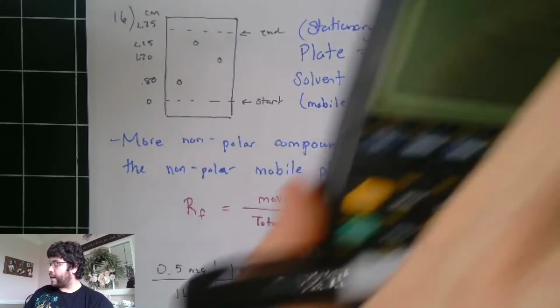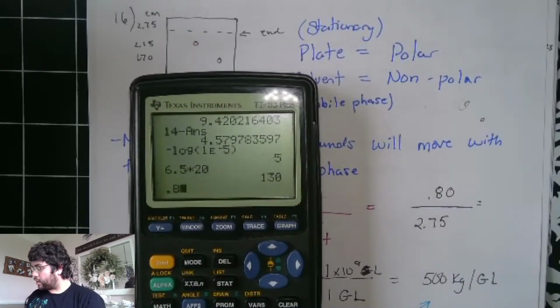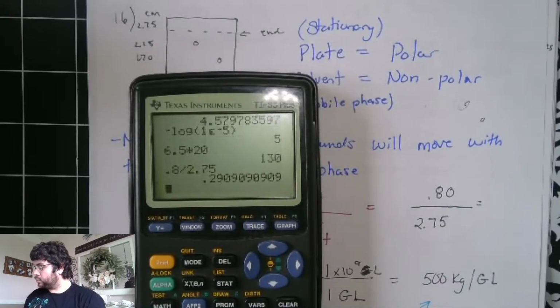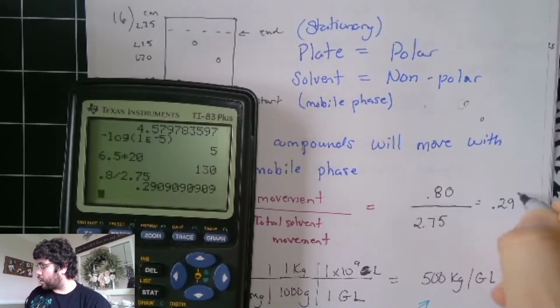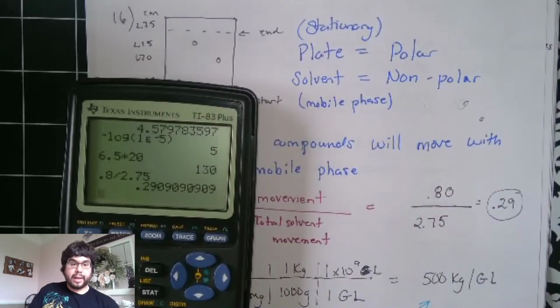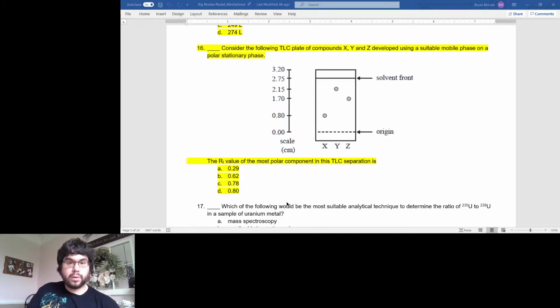And so the RF factor is going to be, we can put this in a calculator, 0.29. So the RF factor is 0.29, and that is A. A is the correct answer. All right. The next question was